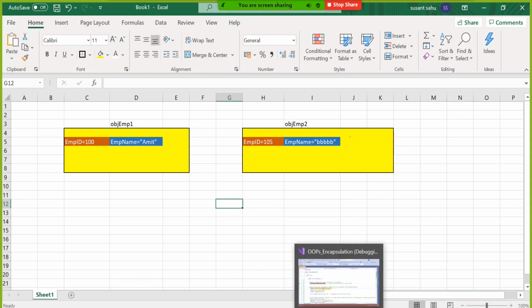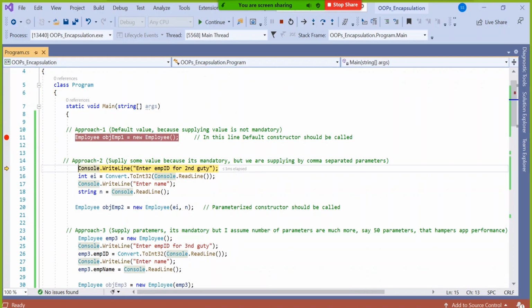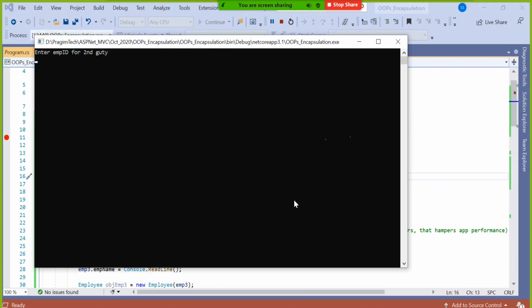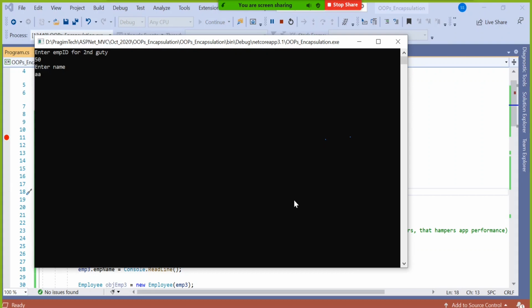Second is OBJMP2. But for OBJMP2, we need to supply user defined data. That means entered data, because here it is mandatory to enter, I assume. So EI becomes the second guy's employee ID, let's say 50, and his name is, let's say, AAA.